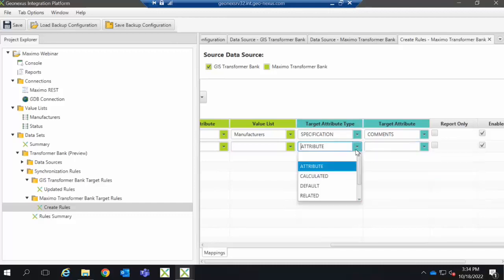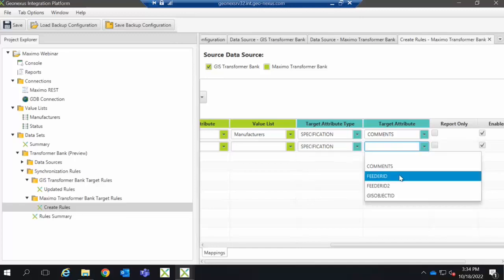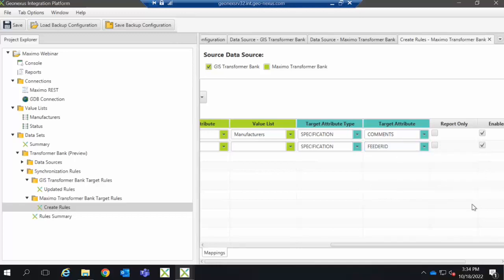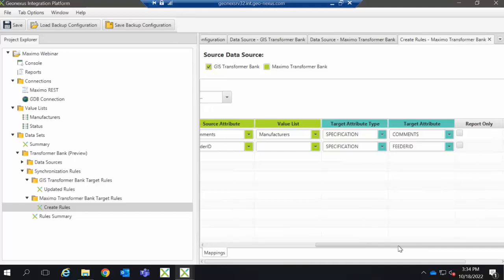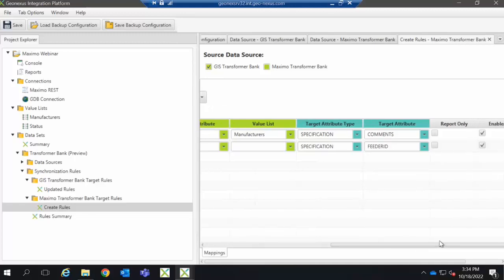There's not. Maybe it would be in a spec, but this would be where you'd specify your type of field that you want to align from GIS over to Maximo. There we go. We've got a spec for it. And here you can toggle whether it's enabled or disabled, and the report only would determine whether or not the sync actually fires, or if you just want it to show up in a report, as this is what might